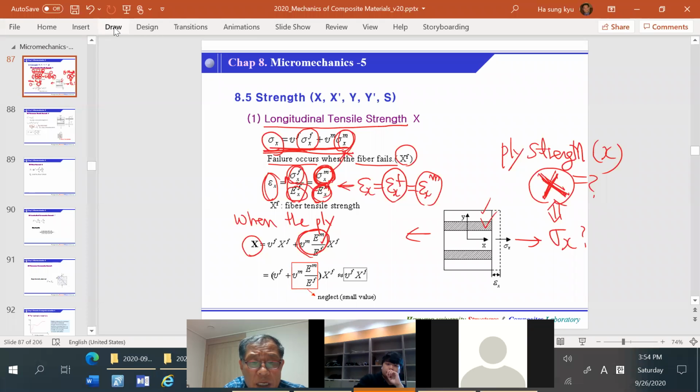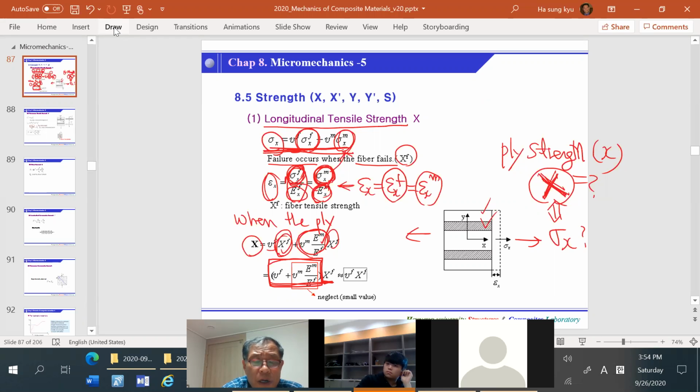And also sigma xf, when it fails, it reaches xf, and there's a volume fraction vf. But the point is that there is the xf here, because this is also reaching xf. So as a final form, we have this term, and xf, and this term is very small. This is how we calculate the strength